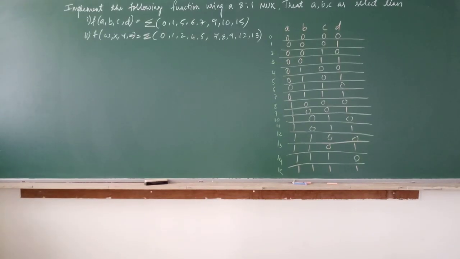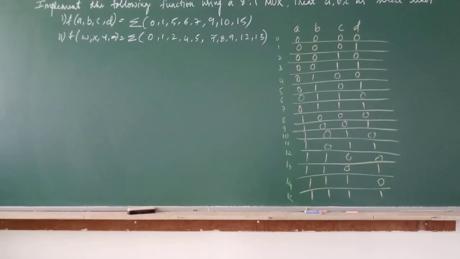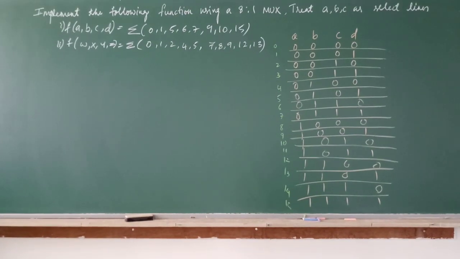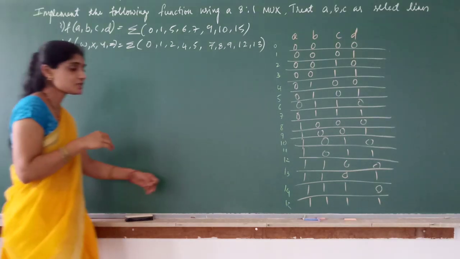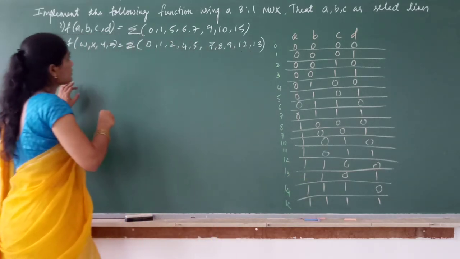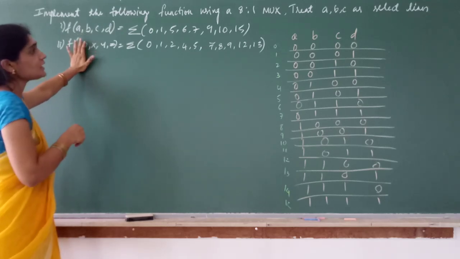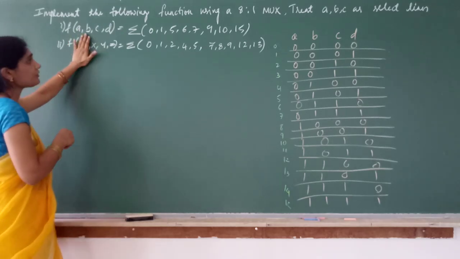Okay, so we have the next problem, that is a problem on multiplexer. Last class we have seen two problems on multiplexer. One is direct implementation, the other one is where a three variable function was given and we were supposed to implement it using 4:1 mux. Now I have a function which is of 4 variables and this has to be implemented using 8:1 mux. Okay, 4 variable function.